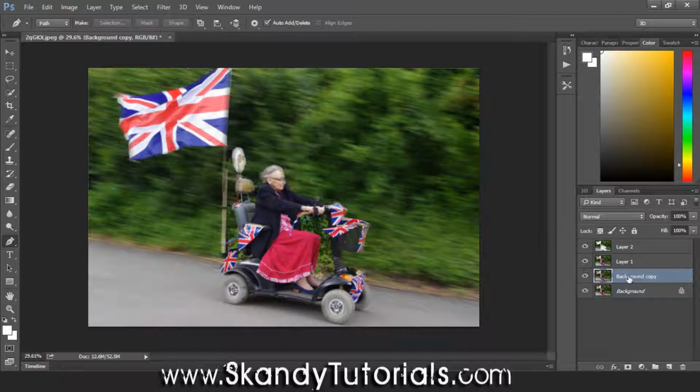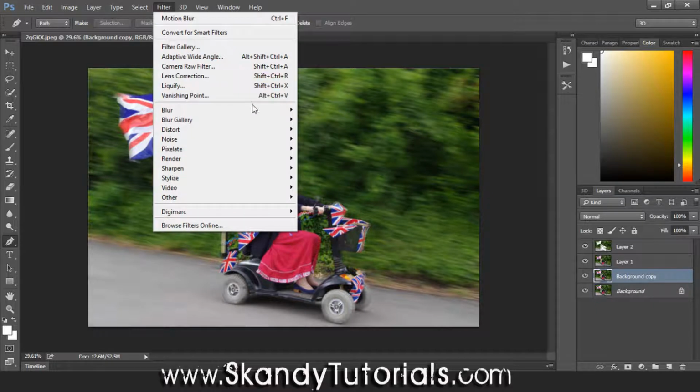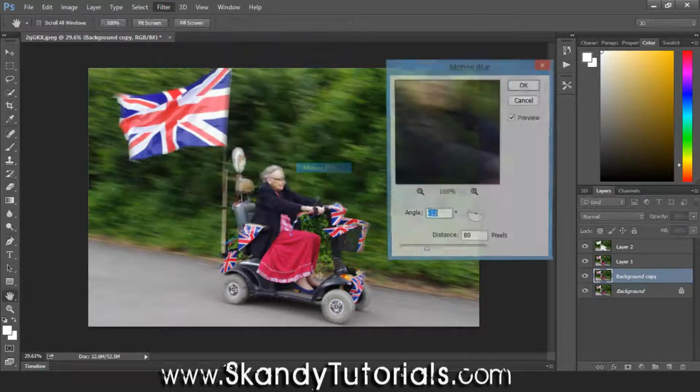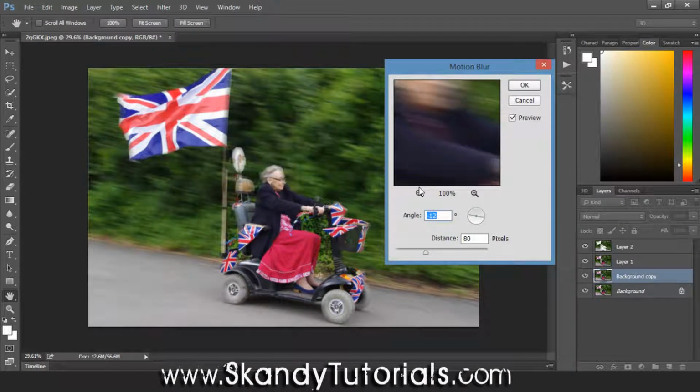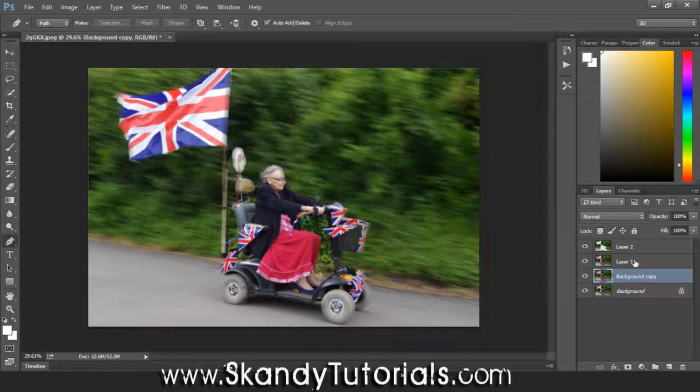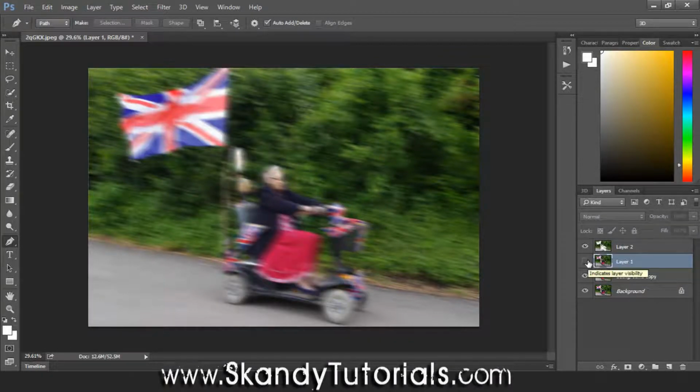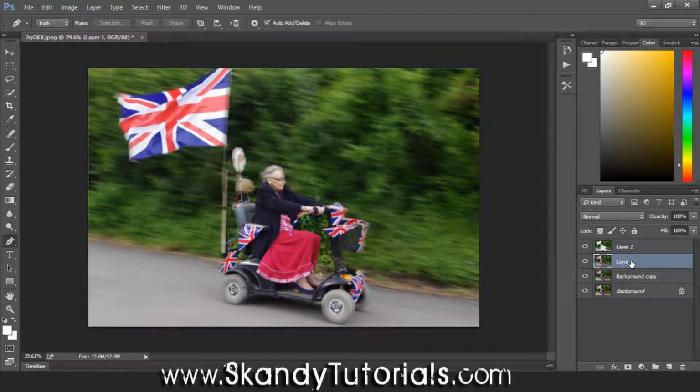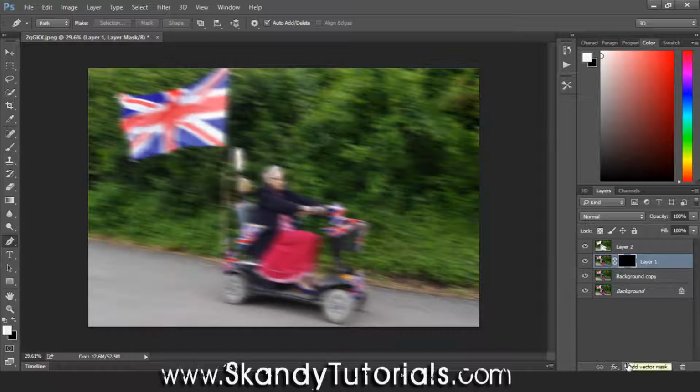So we've got that at the bottom, and then on that layer go to Filter, Blur, and then select Motion Blur again, and set the distance as exactly the same again, so 80 pixels for me. Then with the above image, so the whole blurred image, make a layer mask. So click the camera icon next to FX, and then press Ctrl and I to invert the layer mask